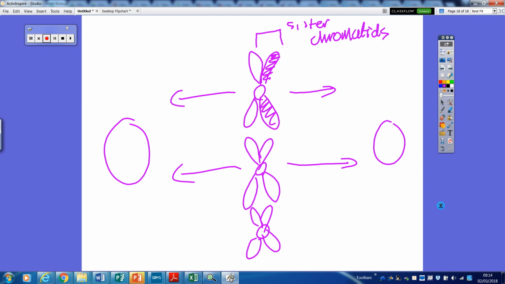the cell. The cell's a bit like the globe, right? We've got an equator and we've got poles. So the chromosomes are being pulled from the equator of the cell towards opposite poles of the cell. Alright? And it's just really being able to use that terminology. So once they're pulled to opposite poles, a new membrane forms around them.